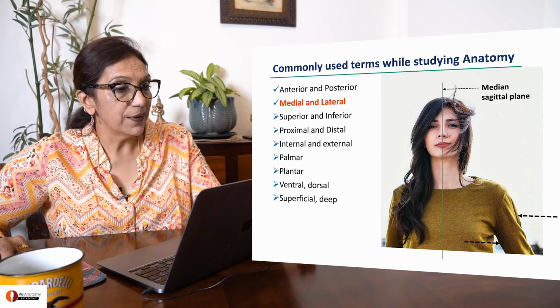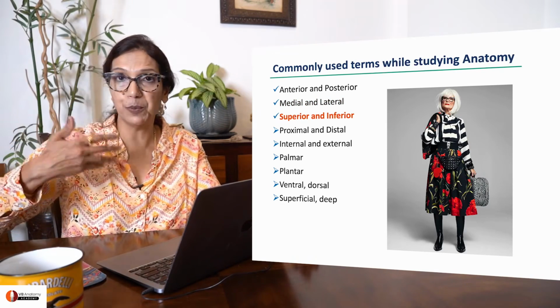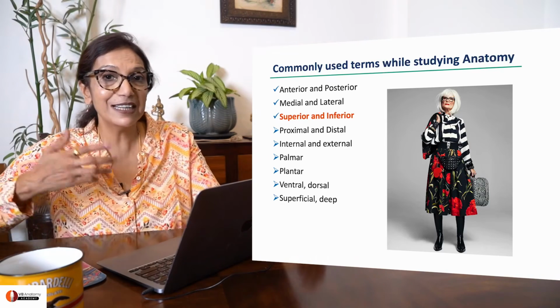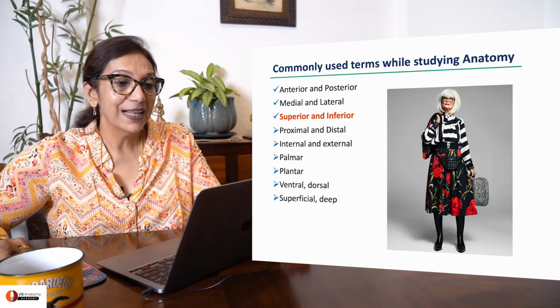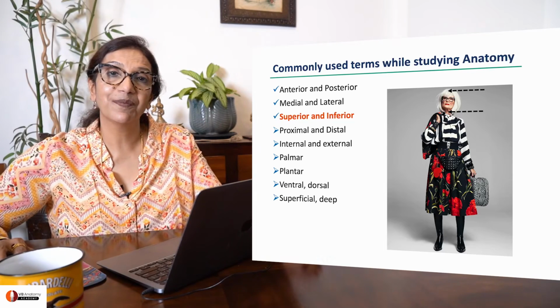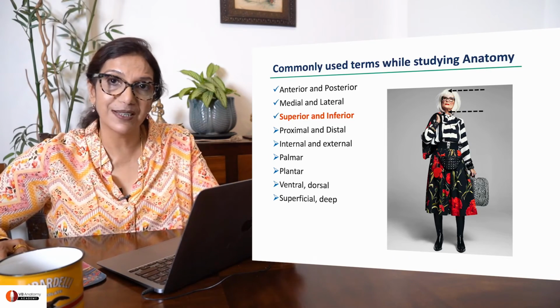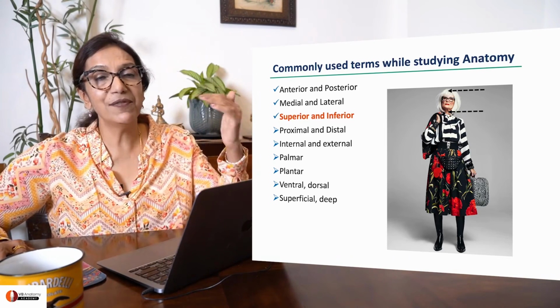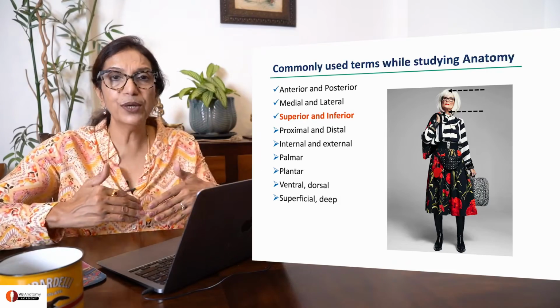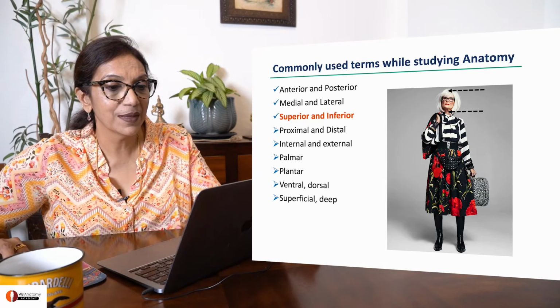Right. Let's talk about superior and inferior. It's not like I am superior, you are inferior. No, it's a different way of using these terms. Like the top of her head is superior to her neck. Up and down, that kind of a relationship this word is used in. Superior, inferior. Again, as you go down, something else becomes superior and something else becomes inferior.